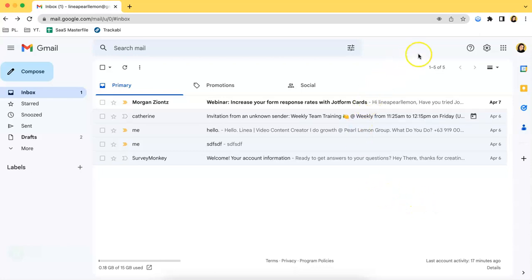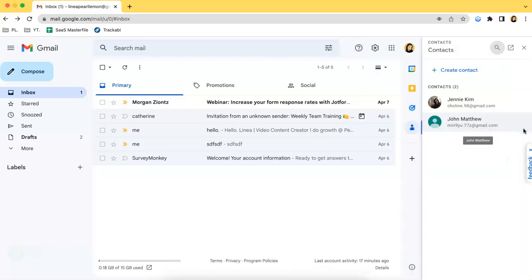And over here, you can see on this web page your own icon. So below that, there are 4 other icons. So the first would be the calendar, the second one says keep, the third one would be your tasks, and lastly you have contacts. So once you click contacts, then this sidebar will show up, and what you have to